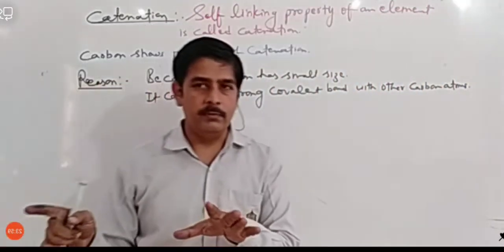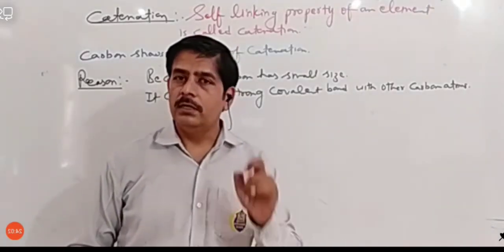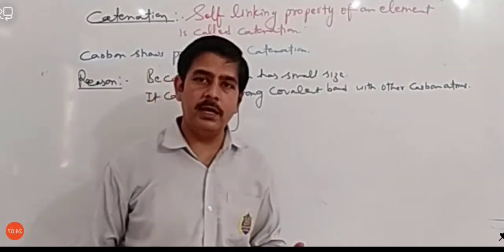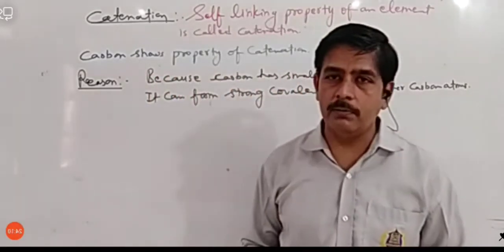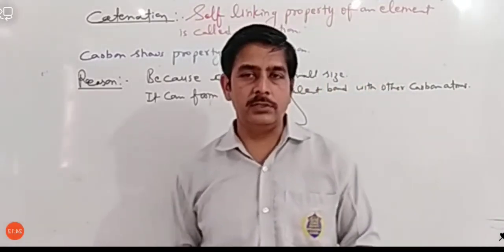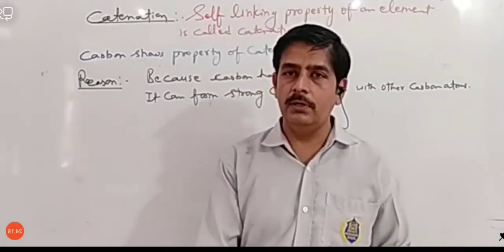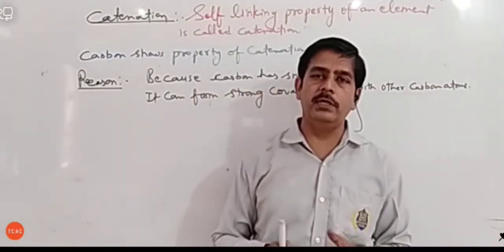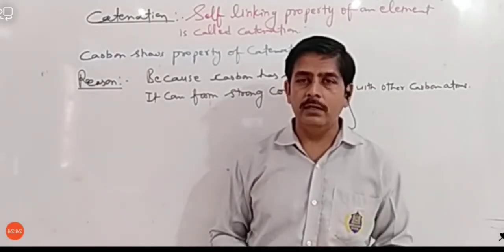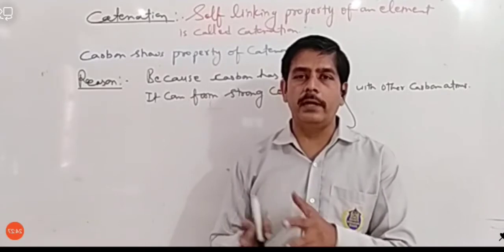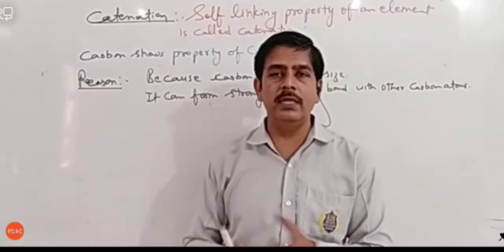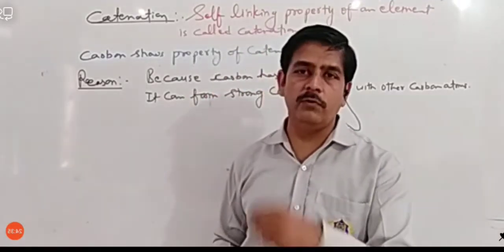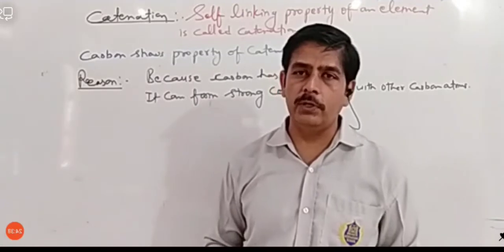Okay, no problem. The question which comes in my mind is, if carbon shows catenation property, there are some other elements which are smaller than carbon. So why they do not show catenation? Actually, oxygen has smaller size than carbon, because right now we have not studied the periodic table, but once you study the periodic table, you will get to know that oxygen, nitrogen, fluorine, they are smaller than carbon. But they do not show the property of catenation. Even oxygen and fluorine don't show the property of catenation at all.